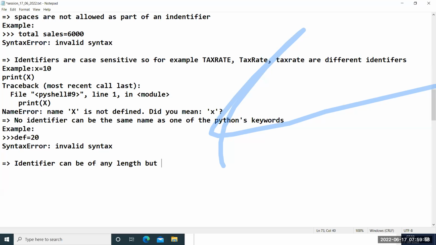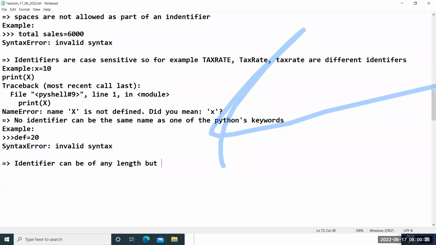But what is the best programming practice, guys? You should not use very lengthy identifier names. Why do we use identifiers? To name a variable, class or object reference. We use those in our expressions and statements in Python programming. If you use a very lengthy identifier name, it automatically decreases readability, and that is not good.